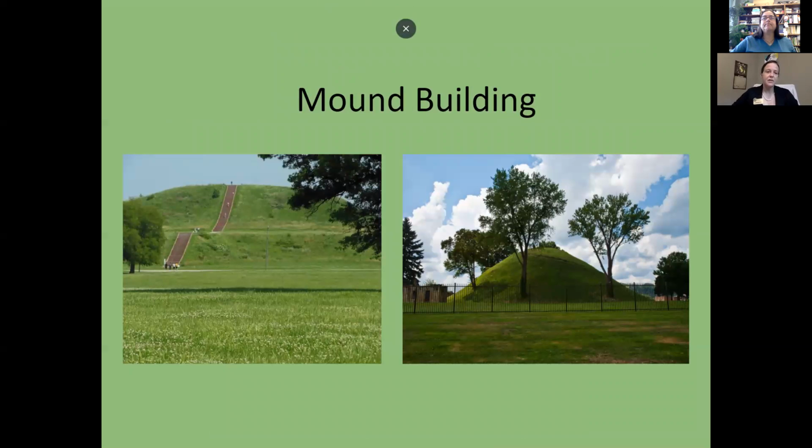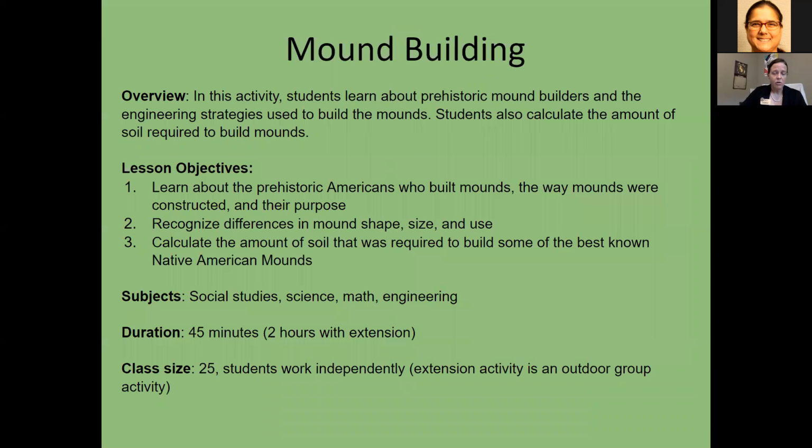All right, so the final activity we're going to describe to you today is about mound builders. And this is actually a pretty geometry heavy activity for students. It just really contextualizes the mathematics of calculating volume for kind of irregular shapes. So in the mound building activity, students learn about what